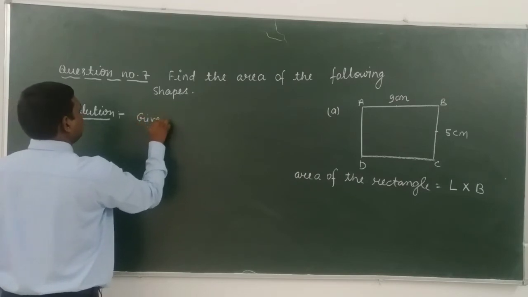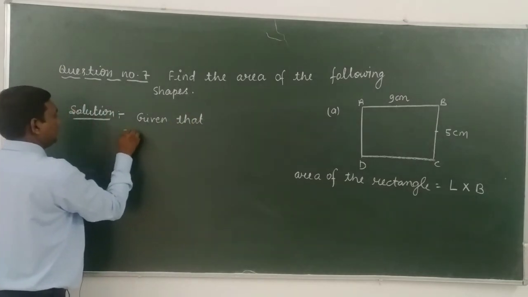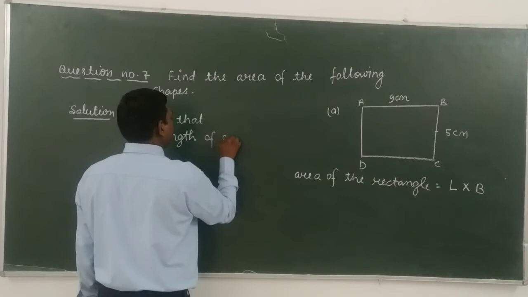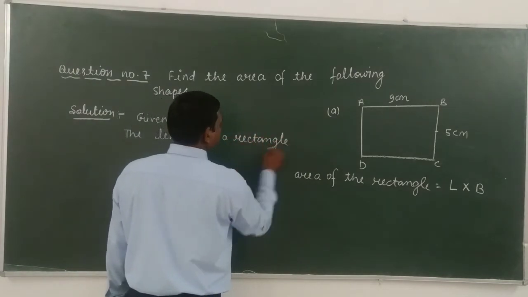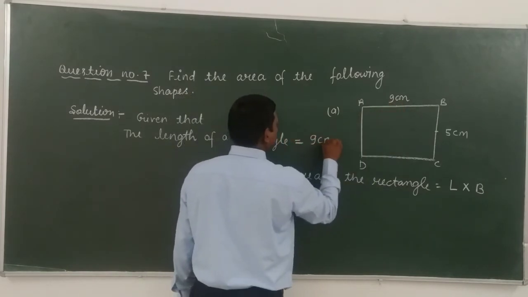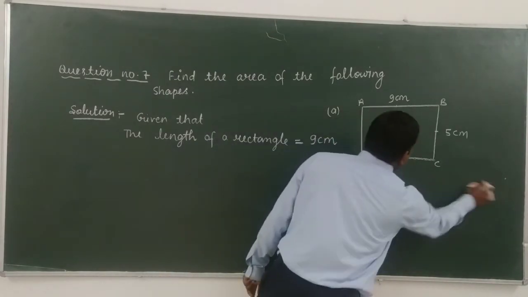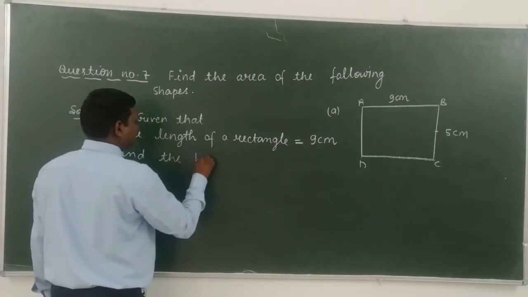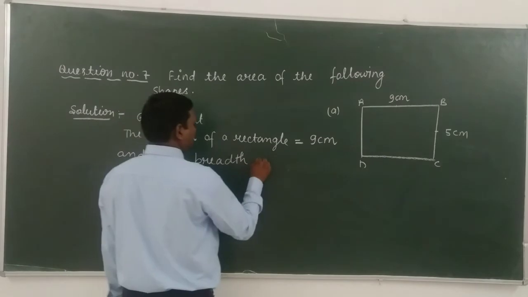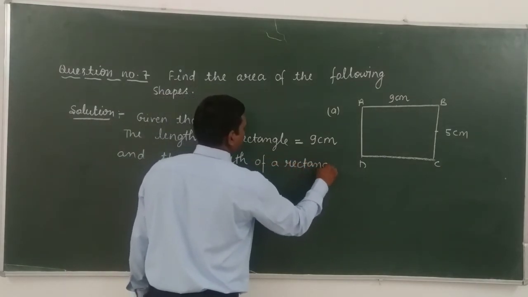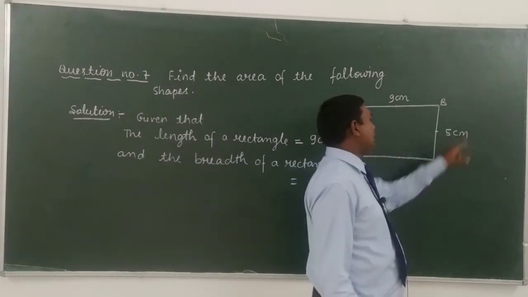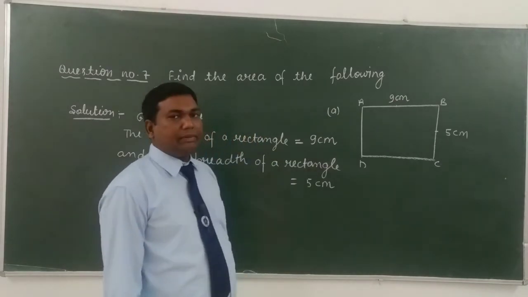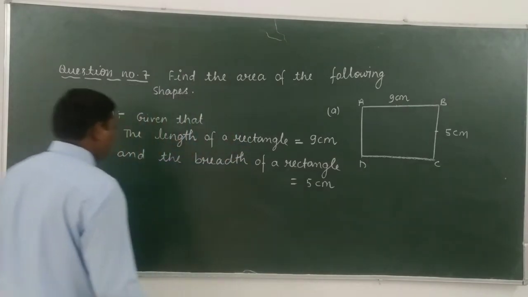Given that the length of a rectangle is equal to 9 centimeter, and the breadth of a rectangle is equal to 5 centimeter. Okay, then